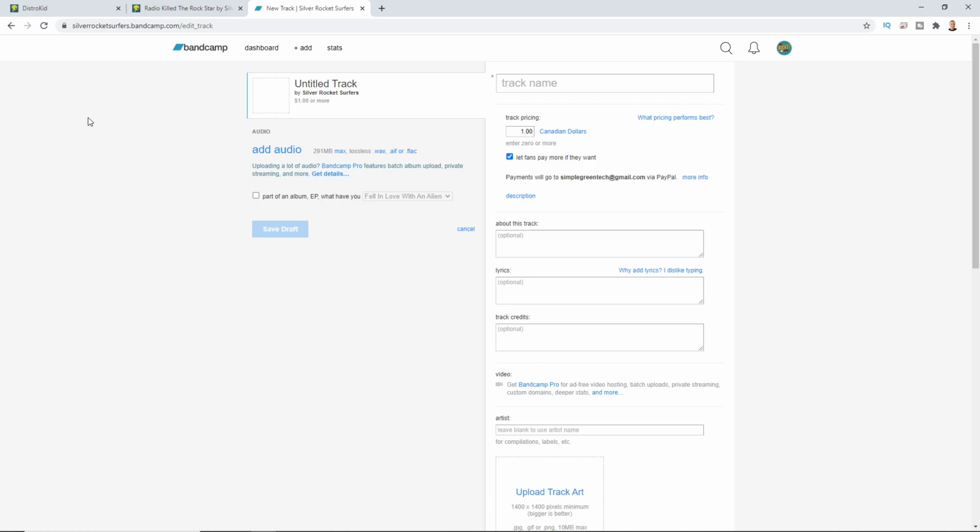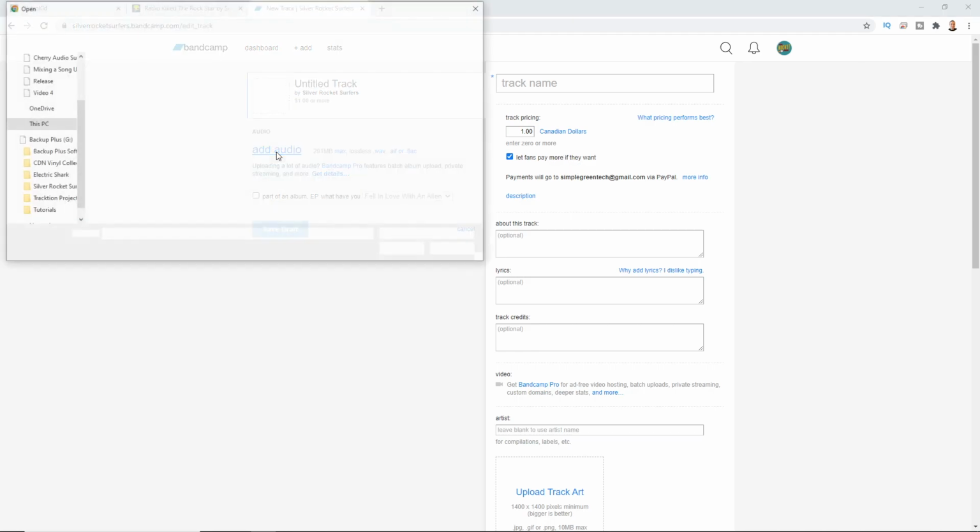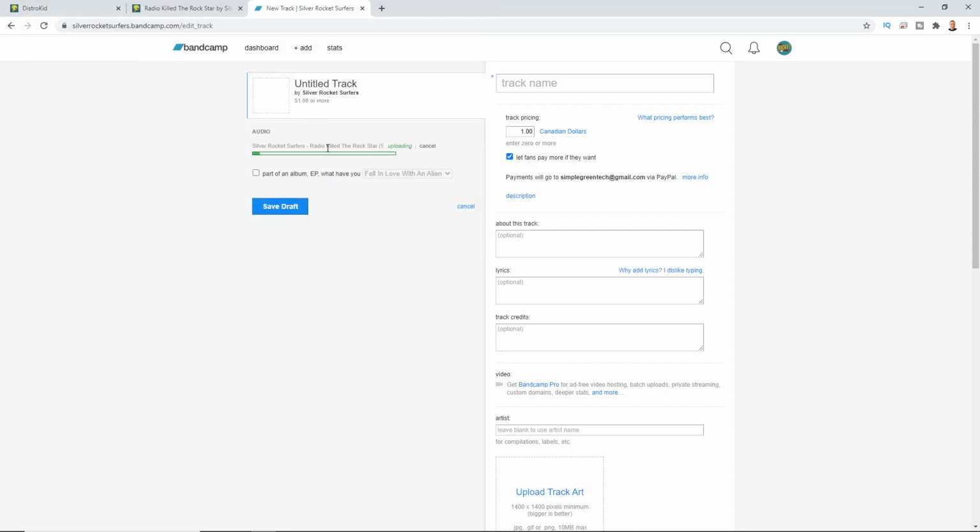And we're going to look at those tools in just a bit, but right now, let's look at posting our song in here. So I've gone to add, and I went to add a track because I'm just adding one track, not a full album. So I'm going to click on add audio. Again, I'll add that.